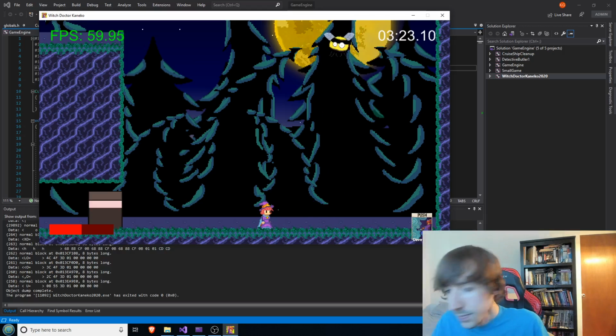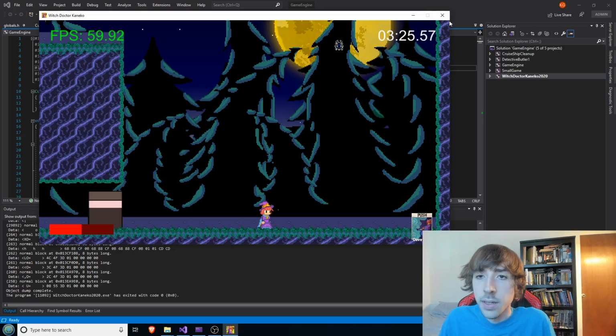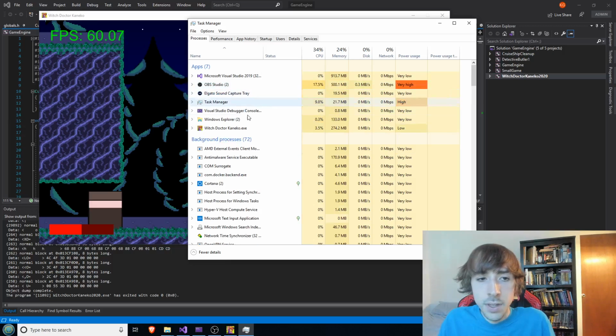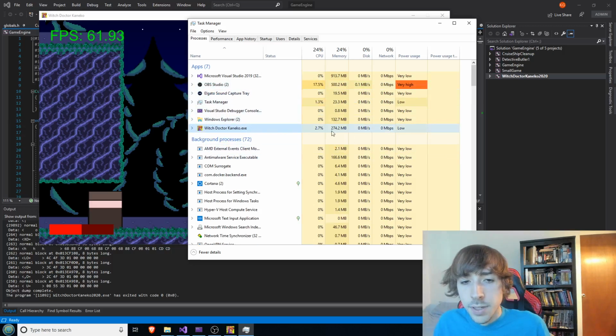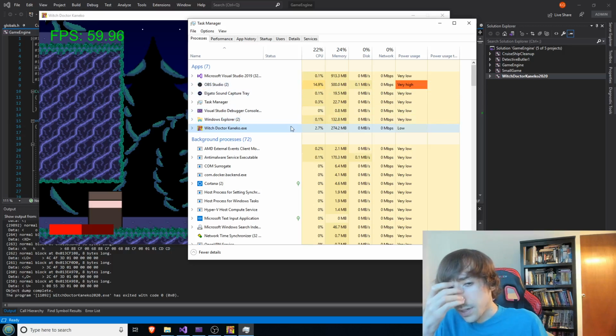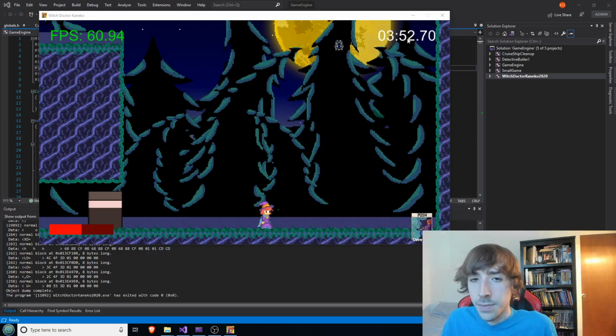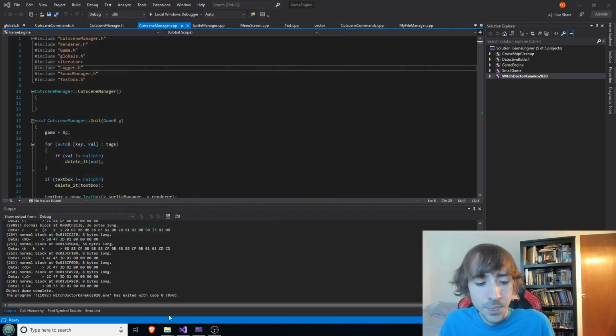Anyways, a total side note on that. Before we close out of that, I do want to note the game is running and it's consuming, I'm not really too concerned about the CPU usage, but it's running with 274 megabytes of memory being used, and let's just note also 2.5 CPU percent, sometimes 4%, I guess. Again, it might vary because of the recording software we're using, which is just OBS